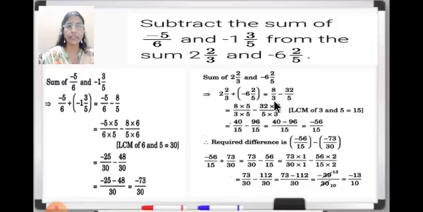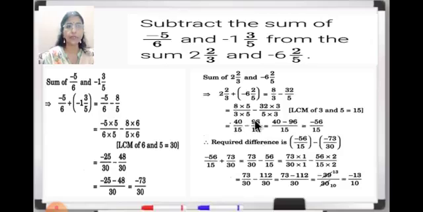Now what you will do? You can see your denominators are different. So what we will do? We'll take LCM of 3 and 5. So LCM of 3 and 5 is 15. So here we have to equalize the denominator. So we'll have to get 15 in the denominator. So 3 will be multiplied by 5. 8 also will be multiplied by 5. Here 5 will be multiplied by 3. 32 also will be multiplied by 3. So that is done here. And then when you multiply, you will get 40 upon 15 minus 32 into 3 is 96 upon 15.